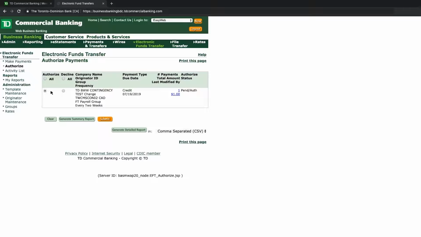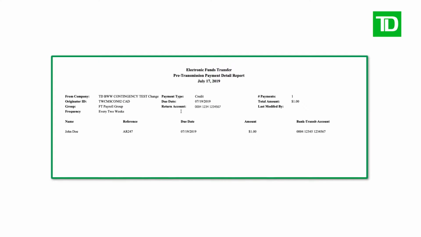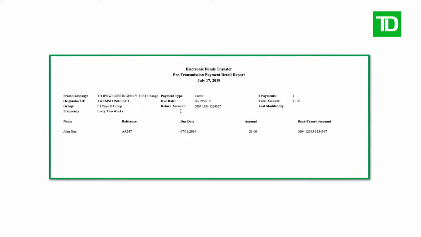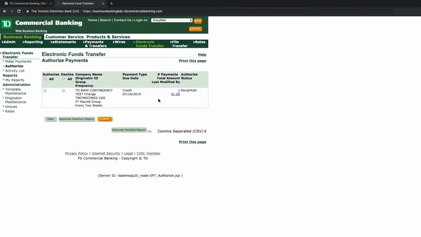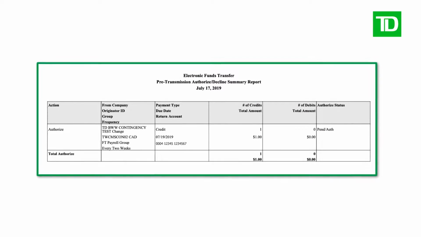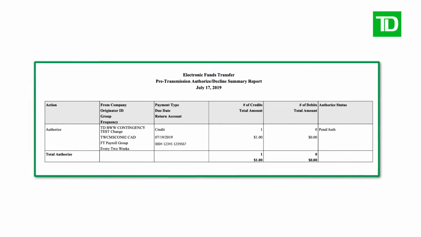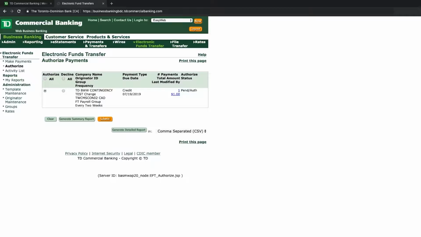The user can click on the Total Amount hyperlink to print a pre-transmission payment detail report to check that the payments are correct. They can also generate a pre-transmission authorized decline summary report by selecting the radio button next to the files and clicking on Generate Summary Report. Or they can print a detailed report by doing the same and clicking on Generate Detailed Report and selecting the appropriate file type. It is strongly recommended that they at least view one of these reports to ensure the payments